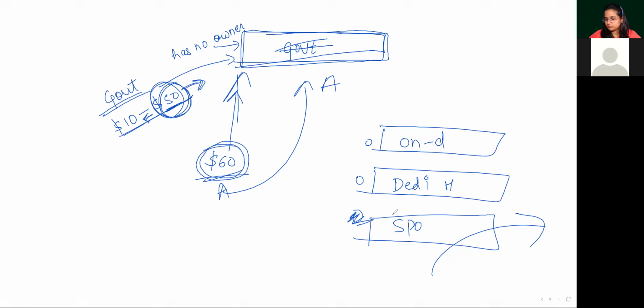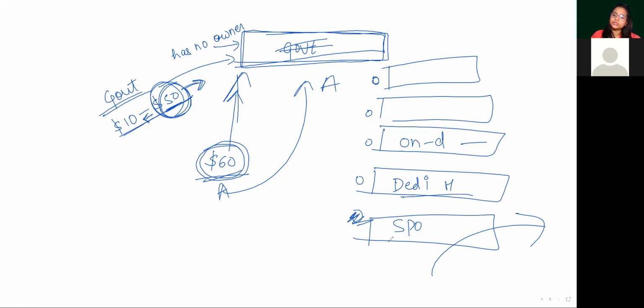So I would prefer to choose a spot instance instead of on demand. Yeah, see, there are multiple options. I told you all the purchasing options will be there: on demand, dedicated, spot instance. So anyone you can select. But according to your requirement, if you want on demand, you go on demand, you want dedicated host, you want spot instance. It depends on the features they are providing to you. If you want your application to run for 2 years, you will never ever go with spot instance because it is risky,